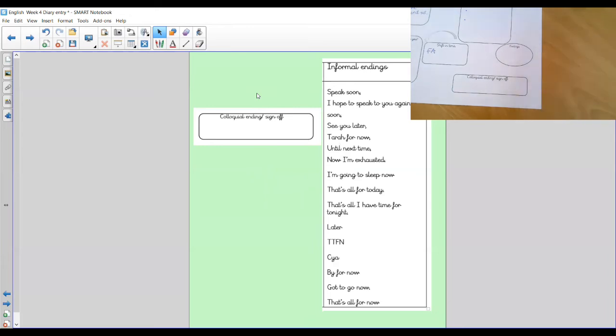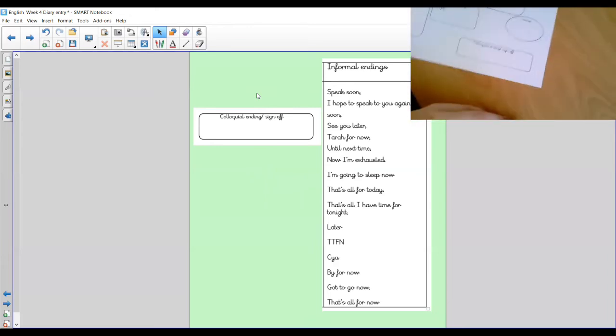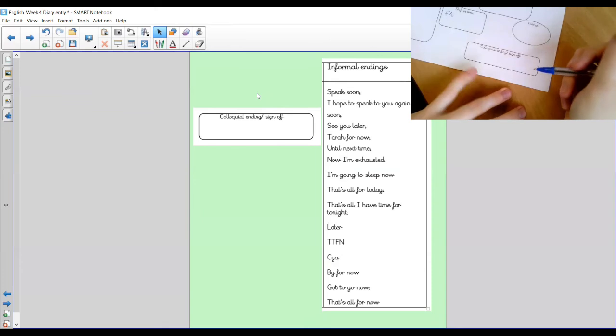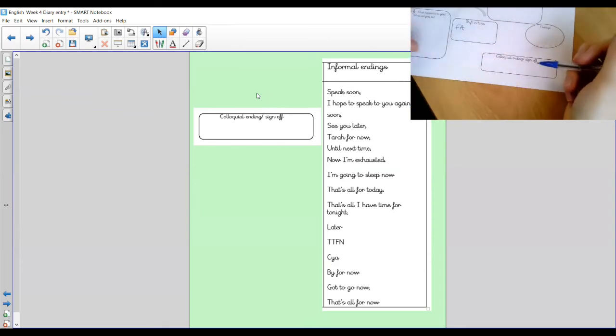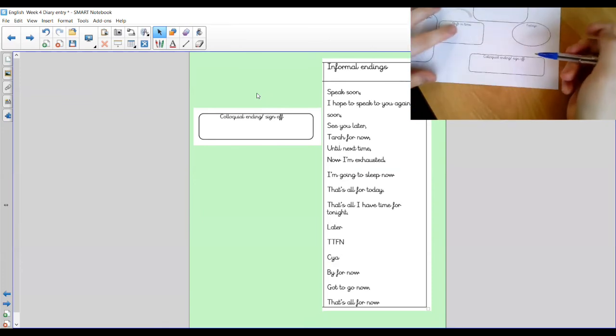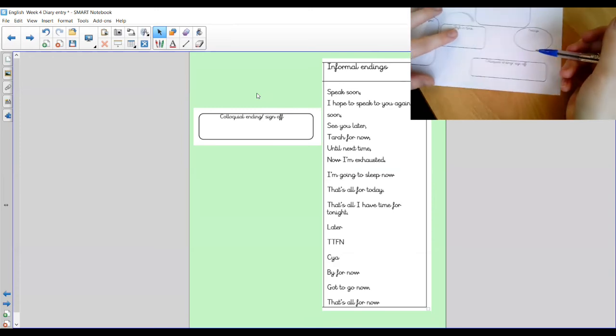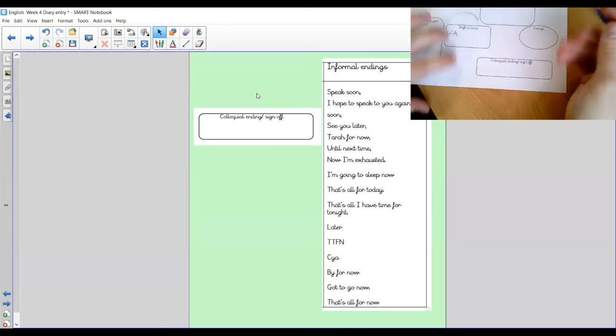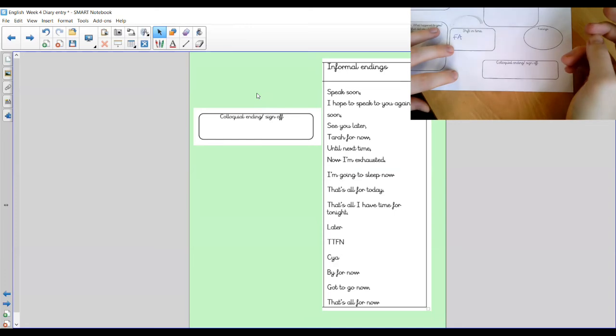Wonderful, right, hopefully then you have filled in all of your sheet now apart from this box here, which is our colloquial ending. And this just kind of means that it's an informal sign off of our diary. So we've got some examples on the board here, on the slide here. So for example, you have got,